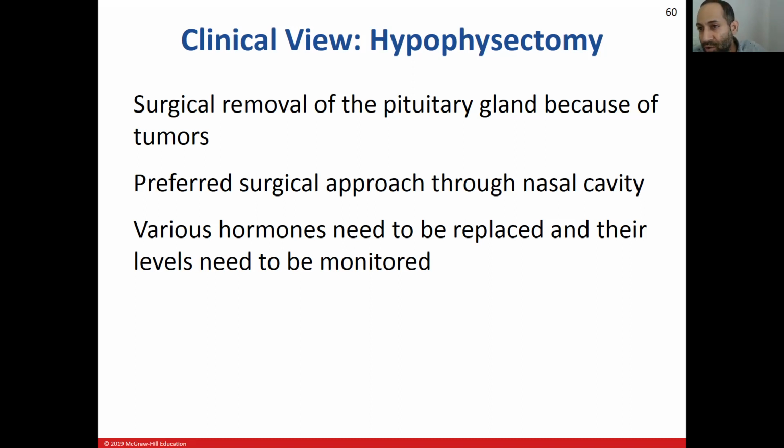symptoms. But unfortunately, since a major chunk of his pituitary gland was removed, he had to be on pituitary hormone supplements for the rest of his life because he didn't have any pituitary gland to make those hormones for him. So he had to take hormone supplements for the rest of his life. You can also do the surgery through the nasal cavity. You can go all the way up through the nasal cavity and reach the pituitary gland, okay? All right, so